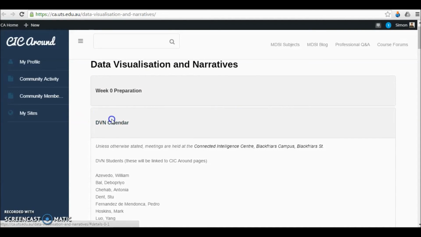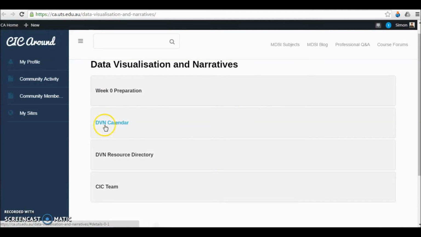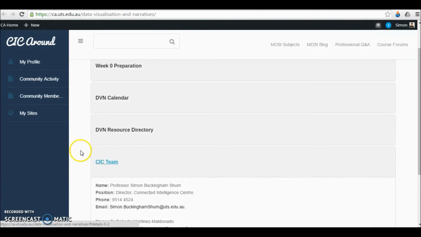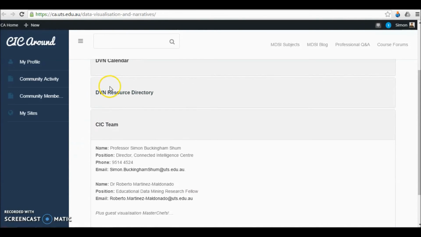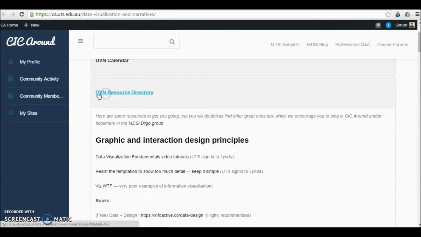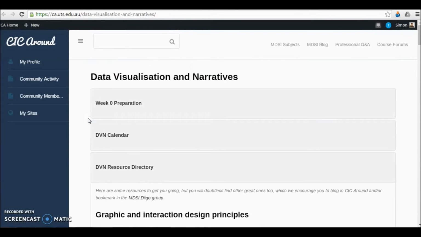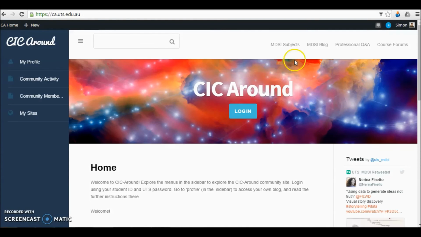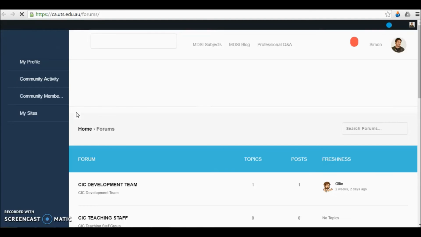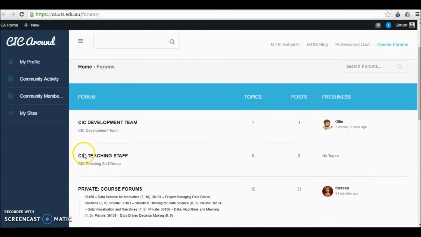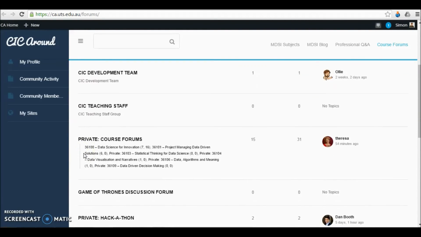You can see that Simon's added information about the team, a lot of resources into this resource directory, calendar and week 0 preparation. Other subjects at the moment may be linking into UTS Online to provide you resources there instead. The other key course space is the forums, and each subject has its own forum. So if we click into Data Science for Innovation here,